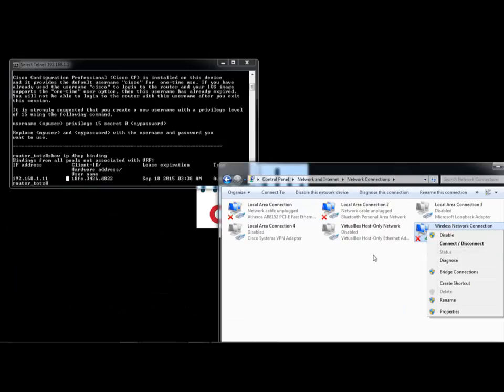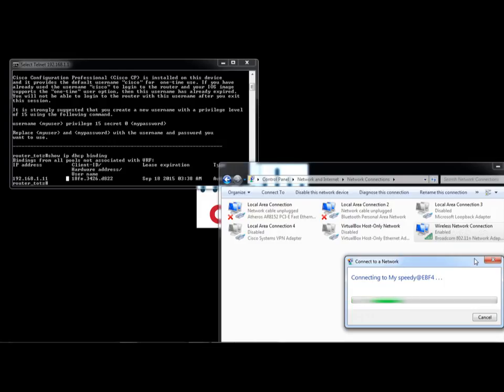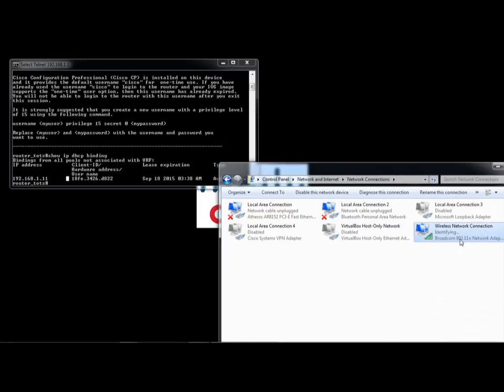While you are in disconnected status, you cannot view your status here. To view your status, you need to connect again to your wireless network.